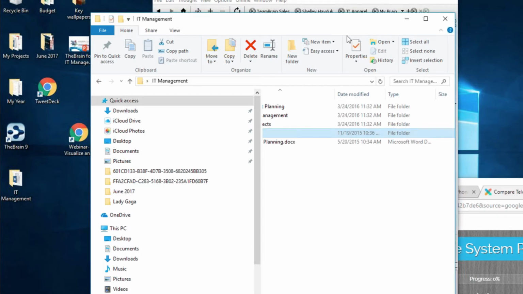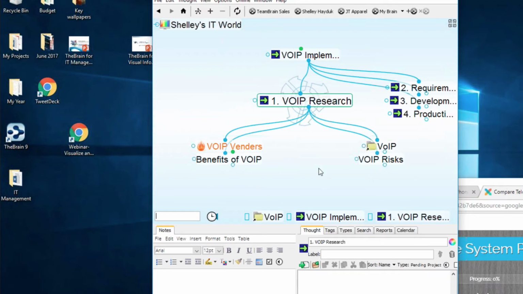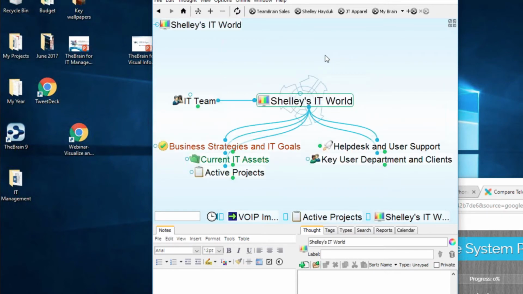So let me go ahead and right click to forget this. I'm actually going to delete this. So I'm going to control click and select that file and delete that. And now what I can do is I can go to import. And let's say at the top of my brain here in Shelly's IT world, I actually want to import this